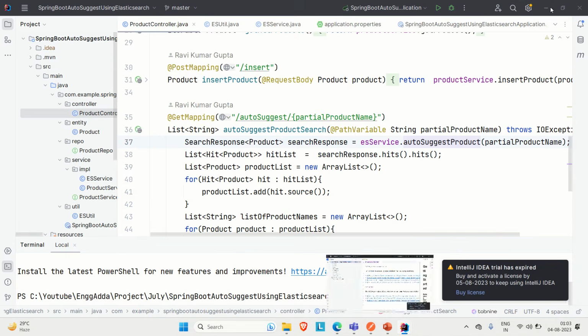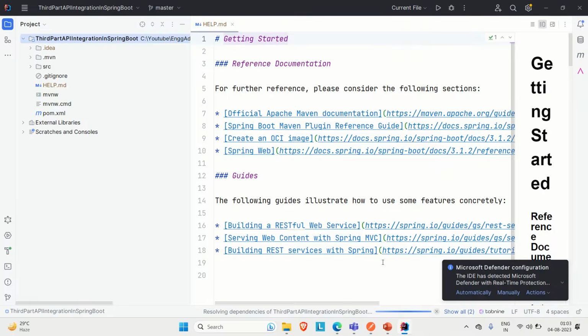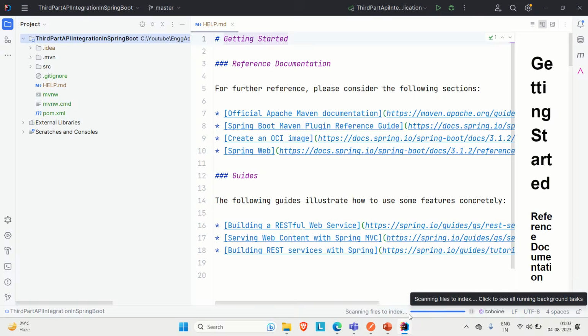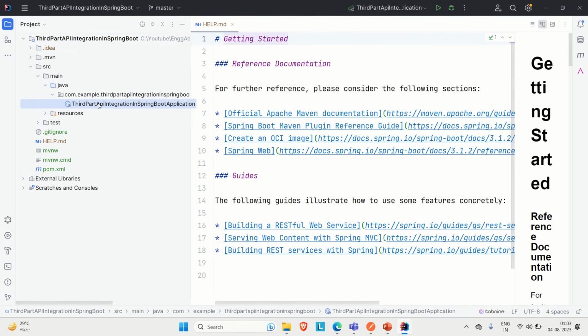Let me close the previous one, and just let me open this. So here you can see it started scanning the index and downloading the dependencies. I think it is good. If we go to src, go to main, you can see we have the Java and we have the application. Now let me try to create what I would say